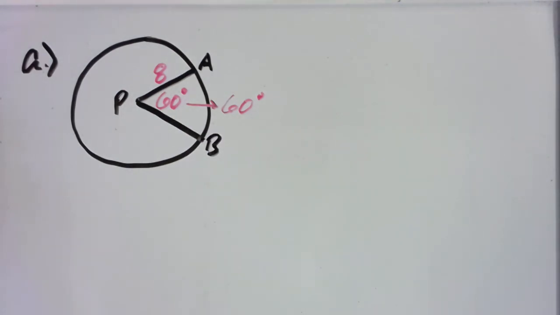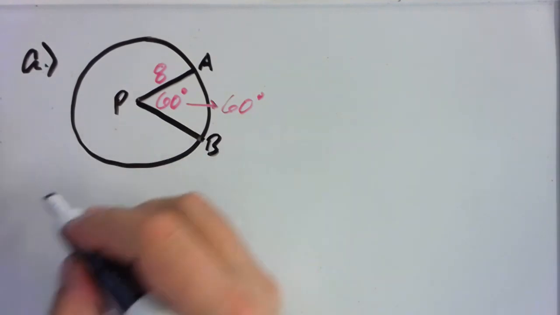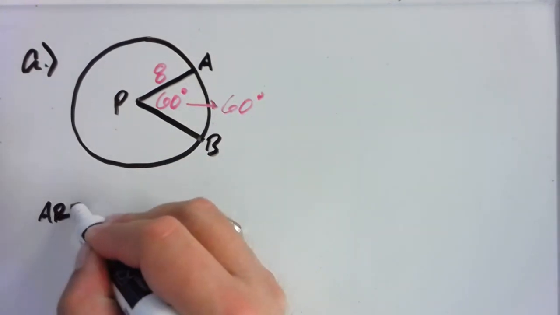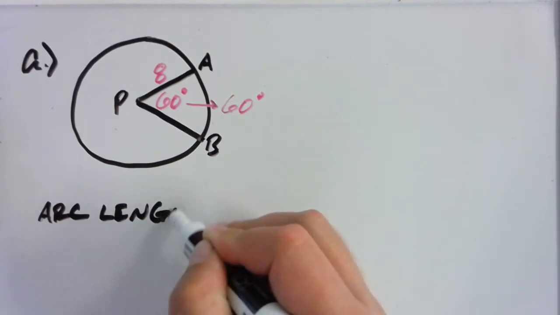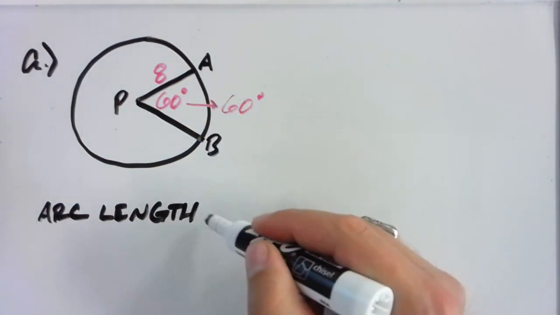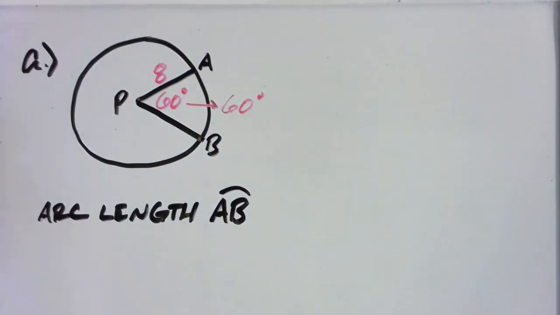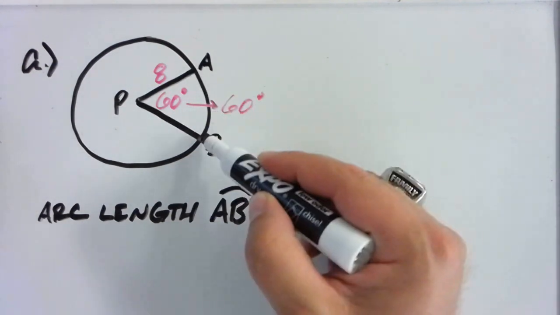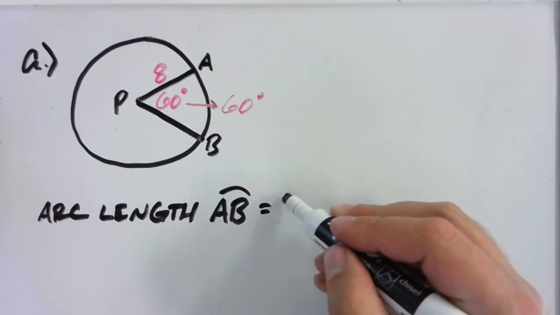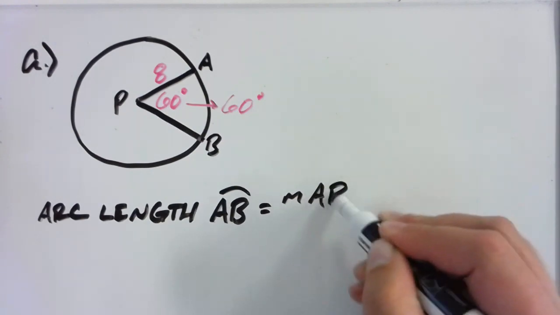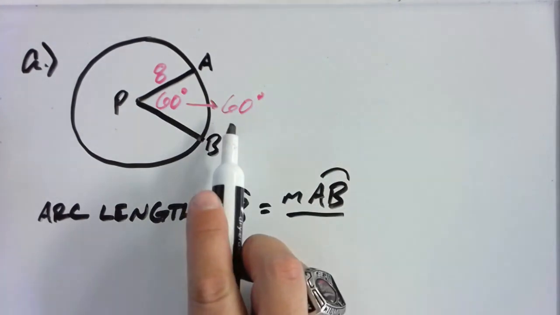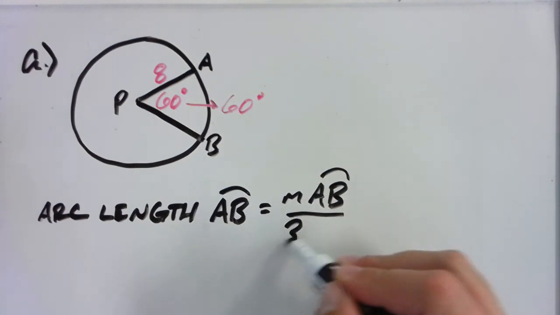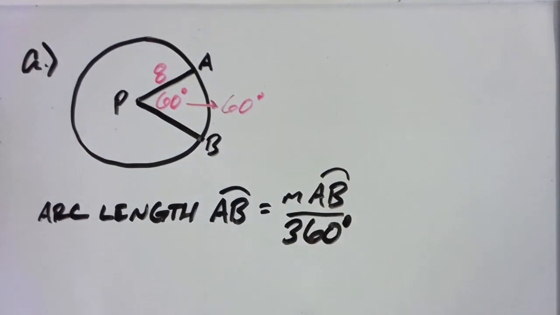Okay, so before I translate the diagram, let me first show us what the formula is that we're going to be using. I'll use the second version of the formula just so that we have it here. We were told that the arc length, which is a distance, in this case from A to B. Again, the letters don't matter as much because it depends on the diagram. But in this case, the distance from A to B is going to equal the measurement in degrees of that arc, which now is 60 based on that central angle, out of 360 degrees representing that whole circle,